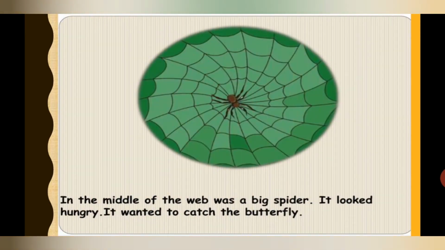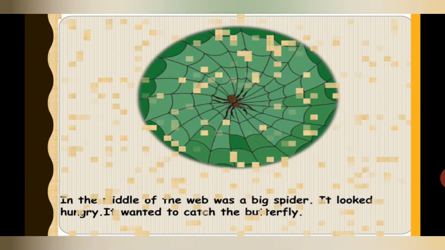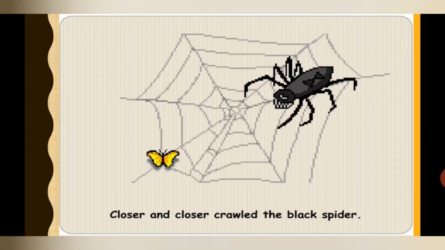In the middle of the web was a big spider. It looked hungry. It wanted to catch the butterfly. As you can see in the picture, there was a big spider inside that web, and it looked hungry, and it wanted to catch and eat the butterfly. Closer and closer crawled the black spider. Now that big black spider started coming near to the butterfly,